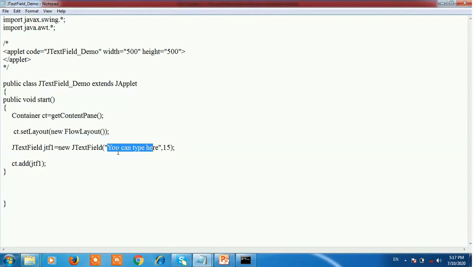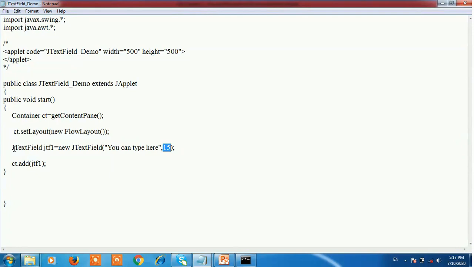The string is "you can type here" and the maxchar is 15. That string is initially displayed when the program runs, and 15 is nothing but the maximum capacity of characters.